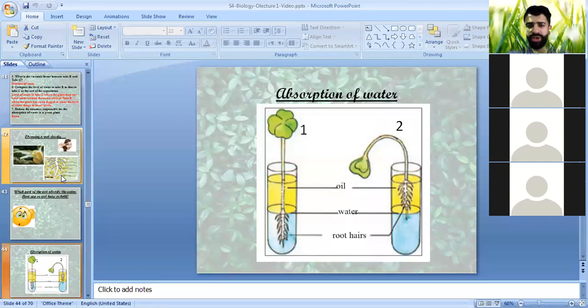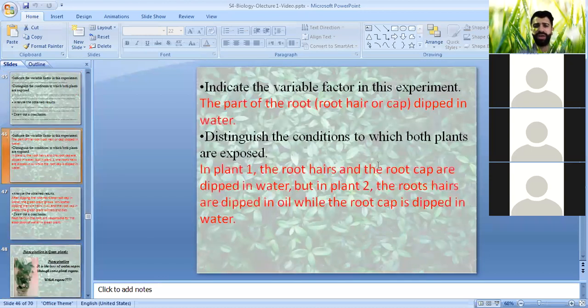We have 2 plants here, 1 and 2. In plant 1, the root cap and the root hairs are placed in water and the plant grows normally. While in plant 2, the root hairs are placed in oil, while the root cap is placed in water. It dies. What does this mean? So the variable factor is the part of the root, whether the root hair or the root cap is dipped